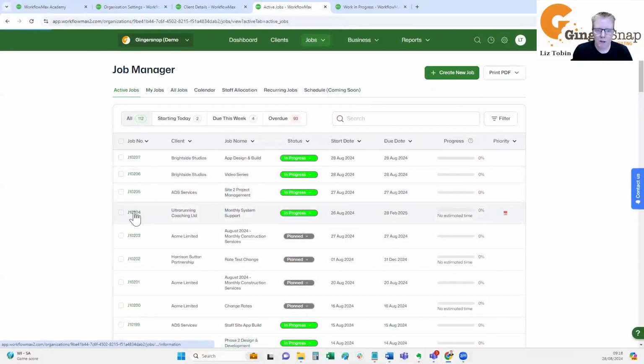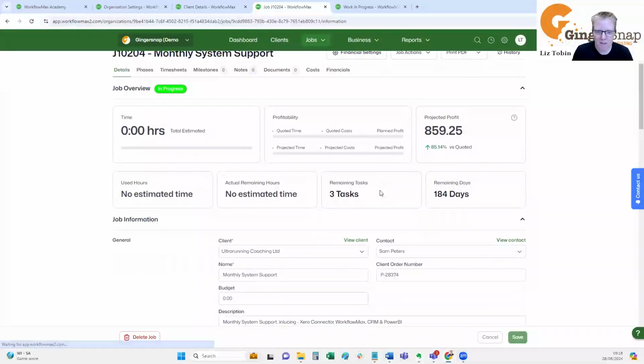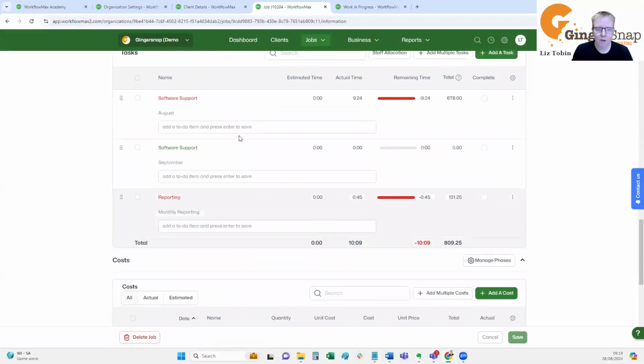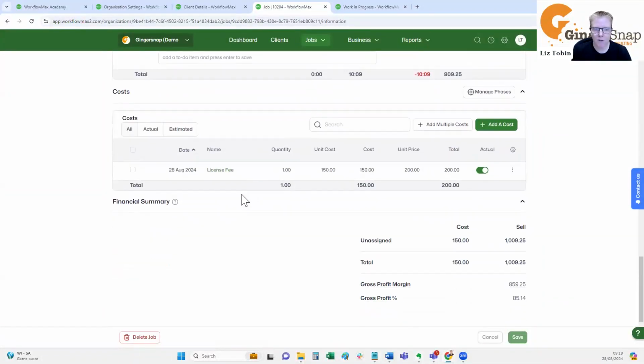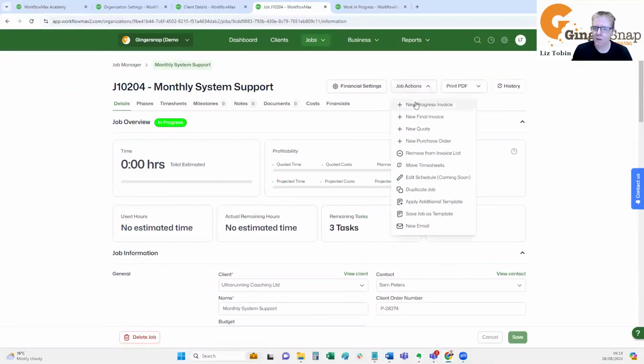So I've got a job here. This is a job that I literally just charge, let's say, the time and any costs. So it's like a maintenance job. On here, I've got three different tasks that I track, and a couple of fees that I might be accumulating during the month. So if I go to invoice this one, and it's a progress invoice,